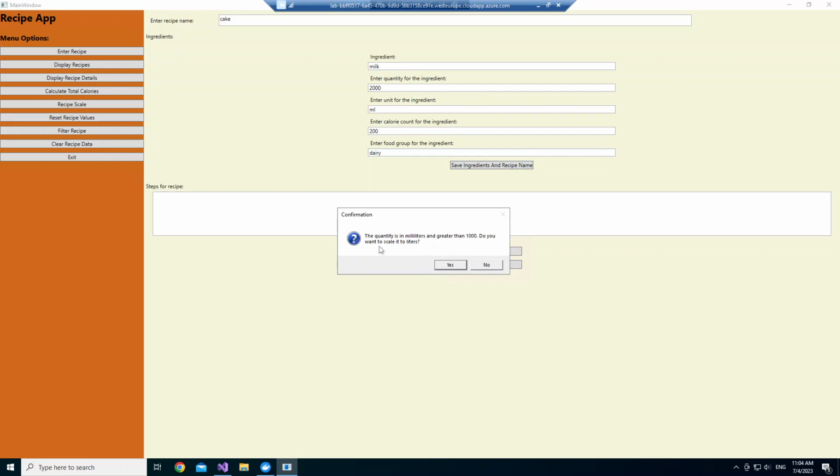So it's telling me that since my quantity is greater than 1,000 and my units is also milliliters, I can change it to 2 liters. So from 2,000 milliliters to 2 liters, I can actually change it. I can decide not to change it if I want to, but this time I'm just gonna change it so I can show you. And I'm just gonna say okay,